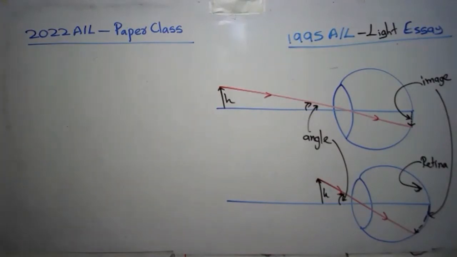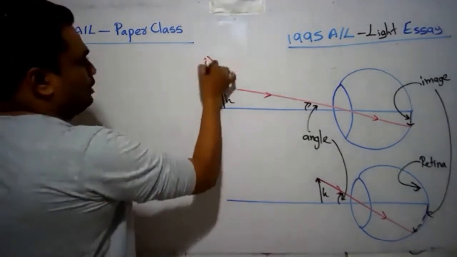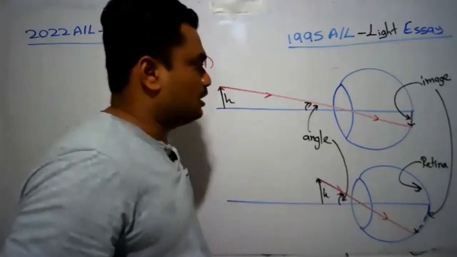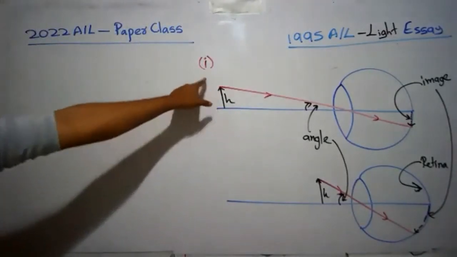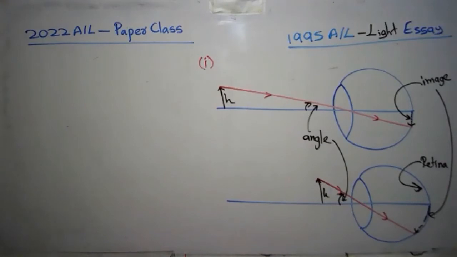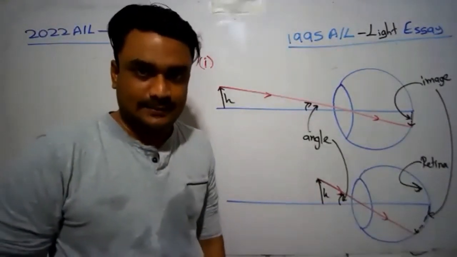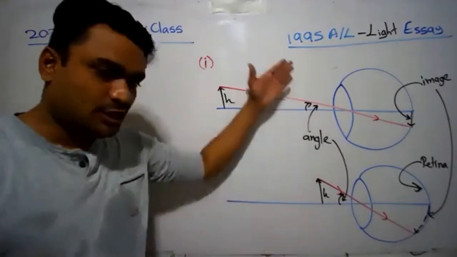So this is the answer for the first question. I would like to name it as Roman number 1, so it will be easy for me to give the answer. Roman number 1 says angular magnification is a better measure compared to the linear magnification in determining the magnification produced by an optical instrument. Briefly explain the above statement. Optical instrument means a microscope or a telescope, something like that, right? So please write